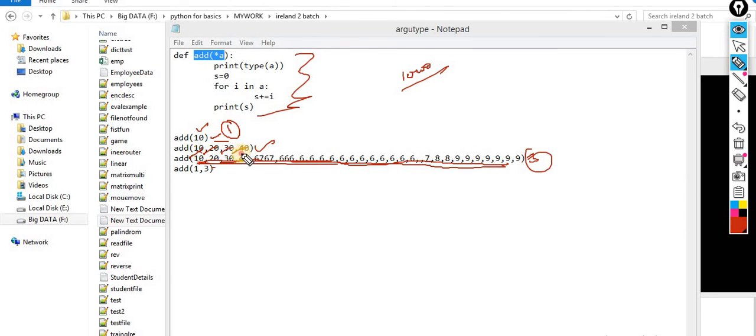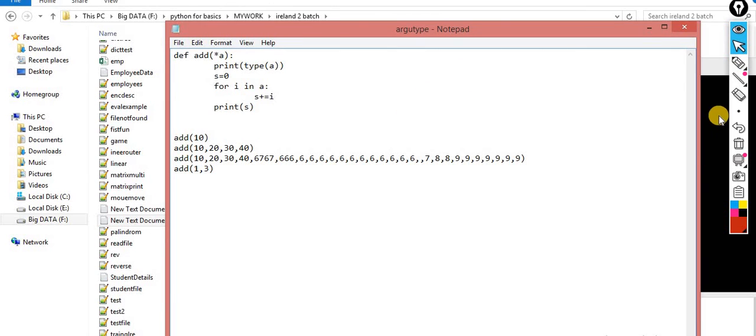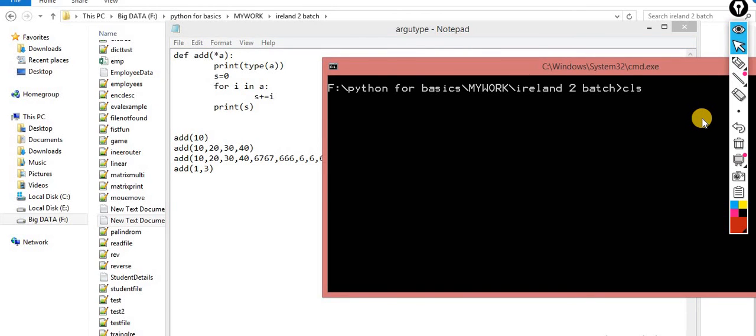So here the bill will be 40 plus 30 is 70, 70 plus 20 is 90, and then $100. Here the bill is $4. Here the bill is $10. Here the bill is, let's suppose, $555, something like this. So this is the concept of variable length. This concept is technically called variable length arguments. If you want to compare with C++, at that time you can consider the concept of function overloading.